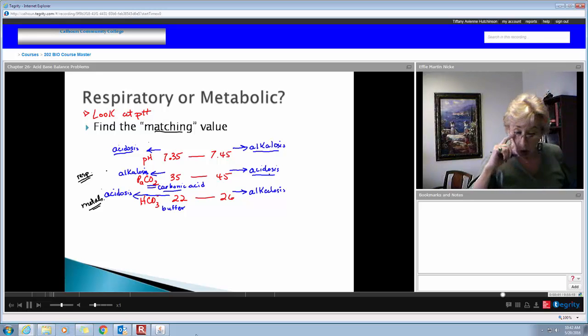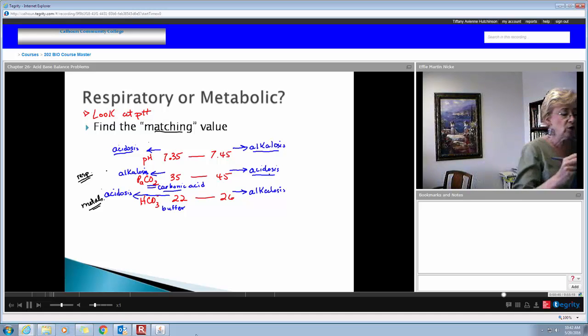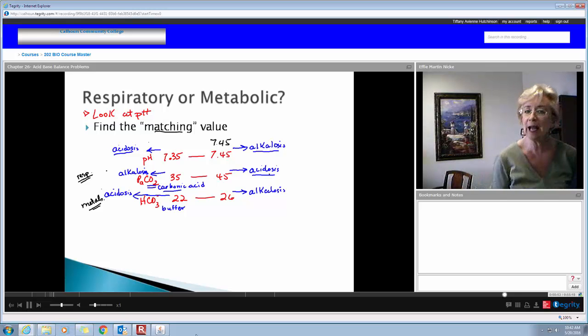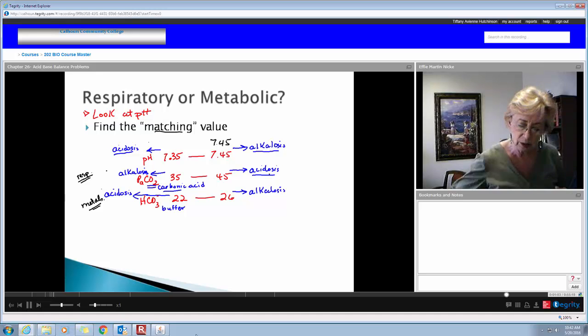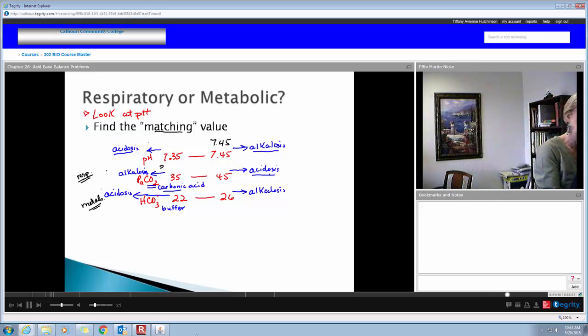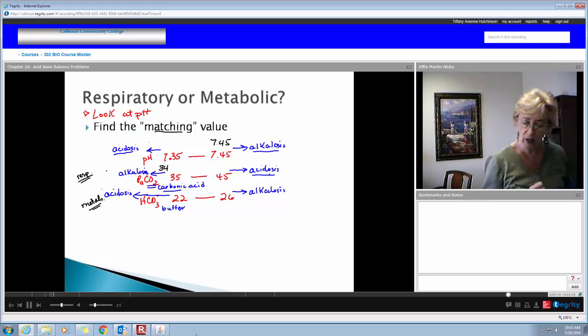All right. What's different about this one? Number 7. pH is 7.45. This patient looks fine. This patient's pH is in the normal range. Is this patient, by looking at that, does this patient have acidosis or alkalosis? Doesn't look like it. But let's look at the other two values. Which one am I doing? 7. So the PaCO2 is 34. This one's out of range, isn't it? The respiratory value is leaning toward alkalosis.